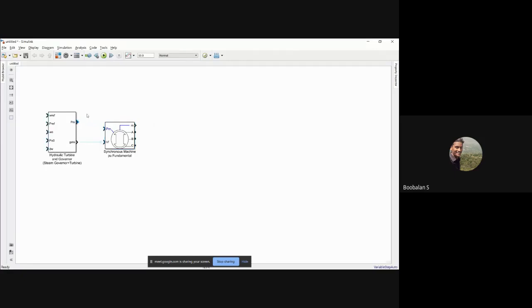So the mechanical power is now connected to my turbine. Just connect this block. The turbine output is now mechanical power. The prime mover output is directly coupled with my generator rotary part. That's why I'm going to connect it over here. And now I need an output. So the three-phase output is now coming over here. The stator output, three-phase AC voltage, is now coming, and I need to step it up and send it into my transmission line.